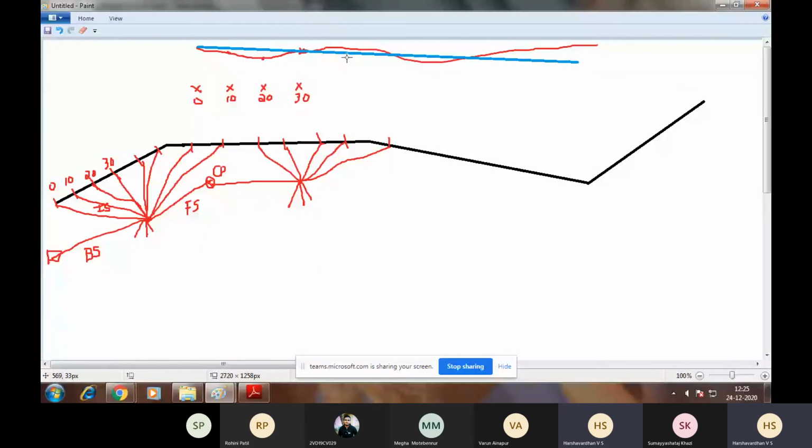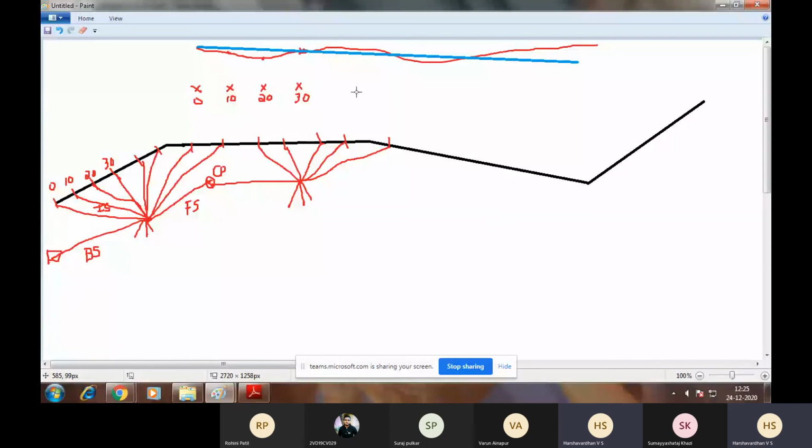When I draw this graph and I have a road line or railway line or canal line, I can calculate how much earth has to be filled and how much earth has to be excavated. You will do this calculation in the areas and volumes module. So profile leveling is very important whenever you are conducting road surveys, railway surveys or canal surveys.